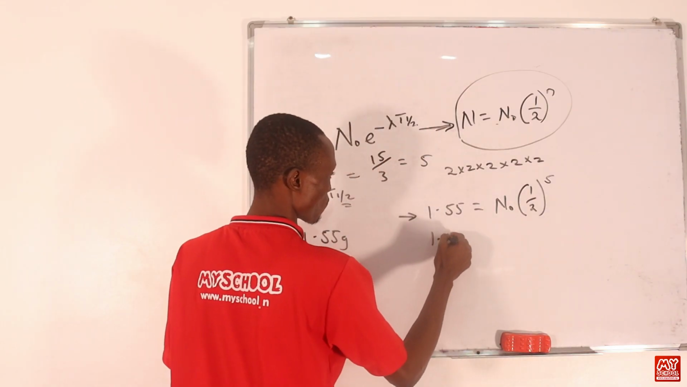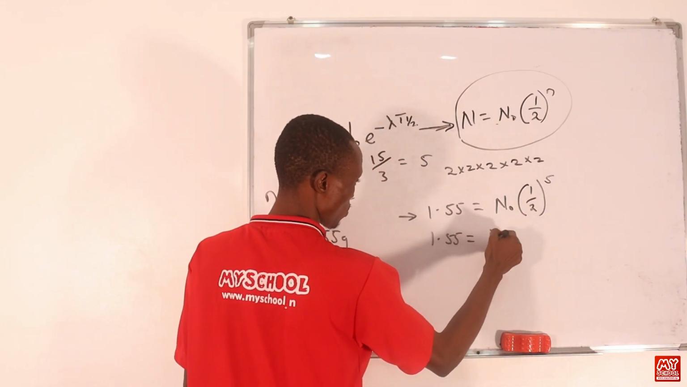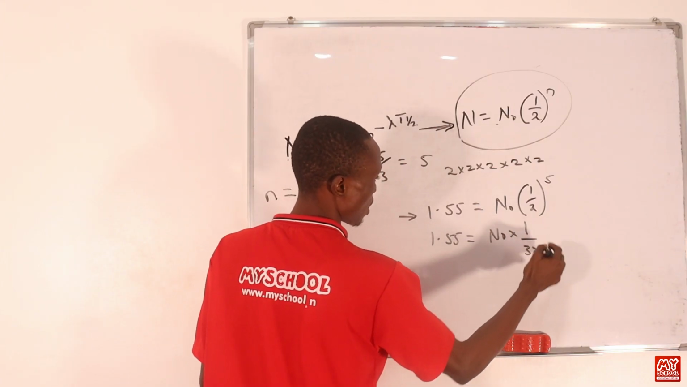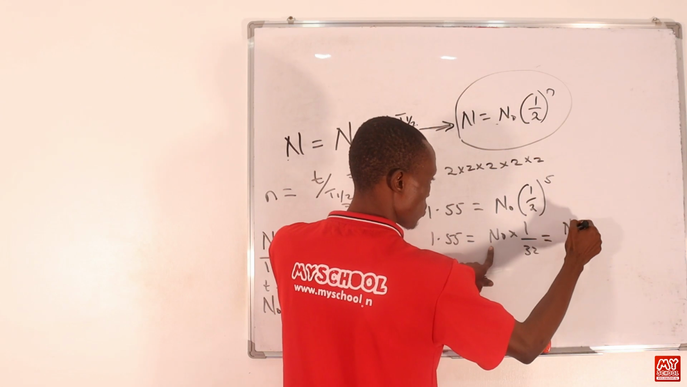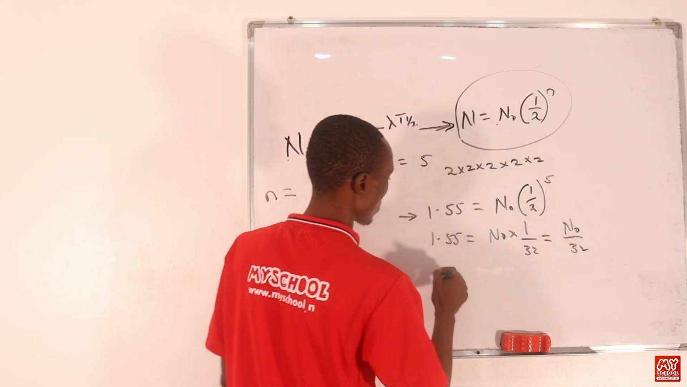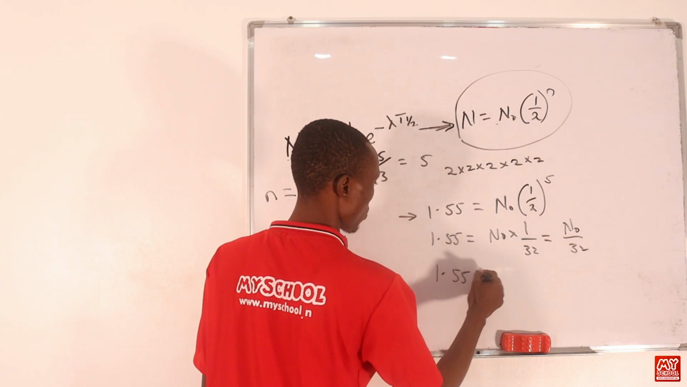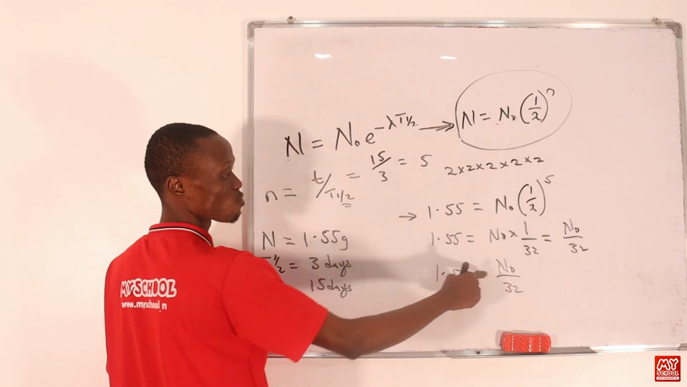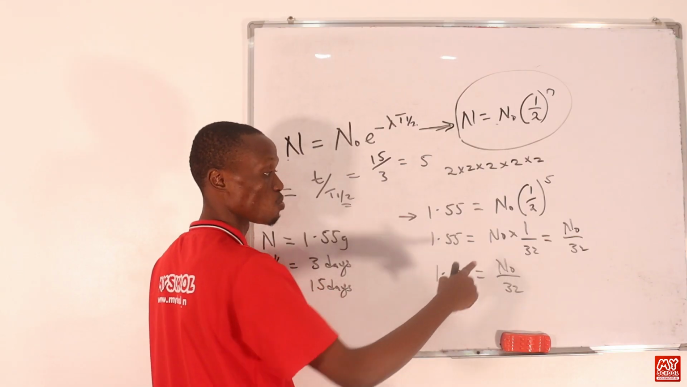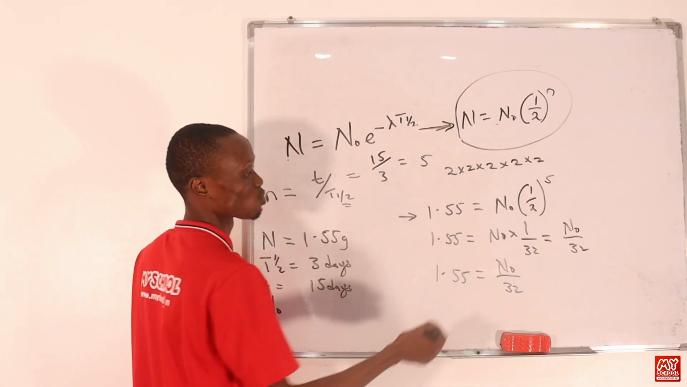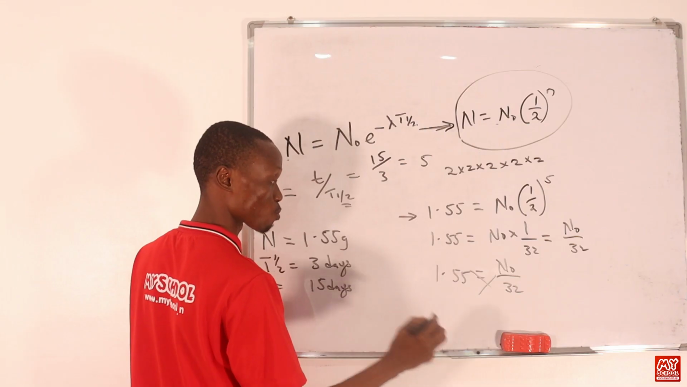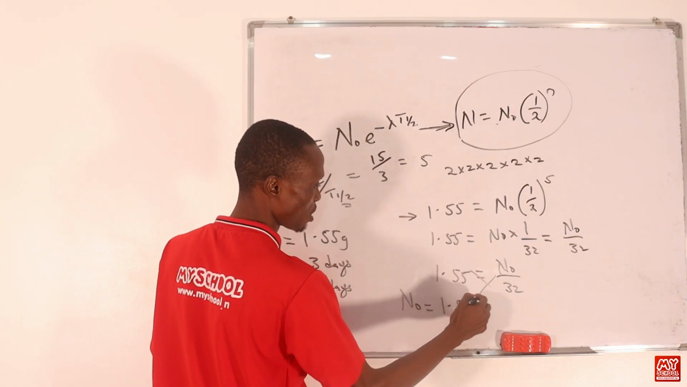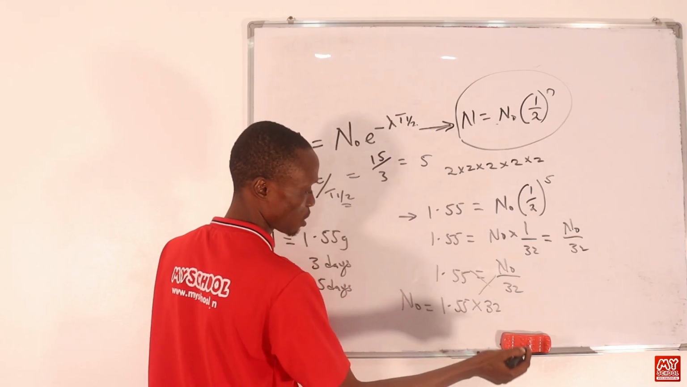So 1.55 is equal to N naught times 1 over 32, and this is the same thing as N naught all over 32. So 1.55 is equal to N naught all over 32. Now, since we are calculating for N naught, which is the original value of the mass, we just cross multiply. So if we cross multiply, N naught will be equal to 1.55 times 32, and this will be equal to